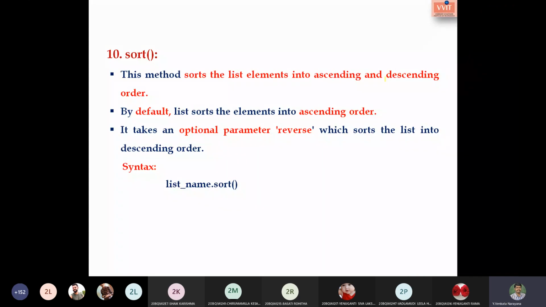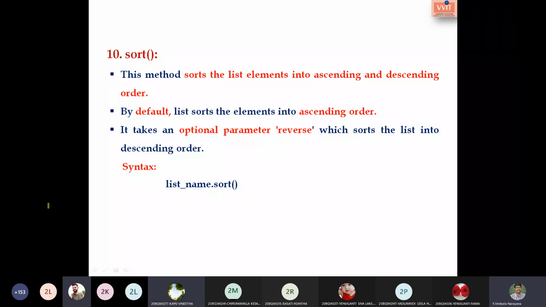You can also take an optional parameter reverse, which is useful to make the elements in descending order. The syntax is list name dot sort.